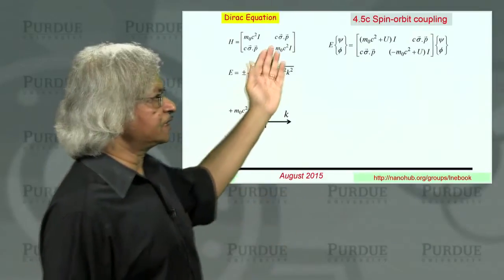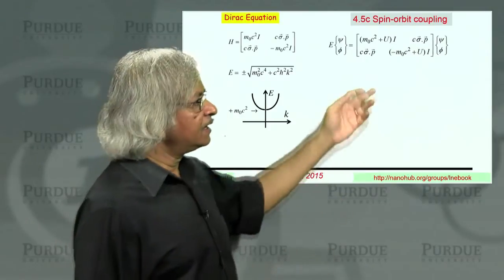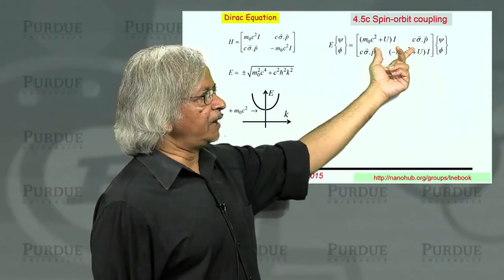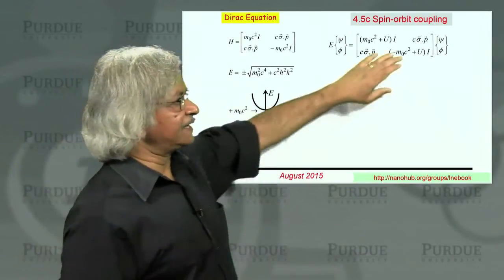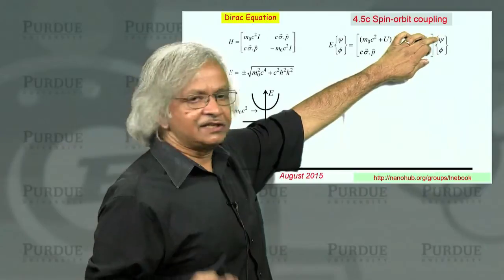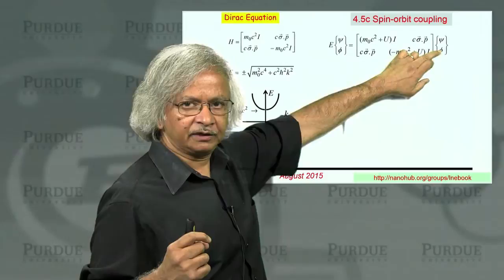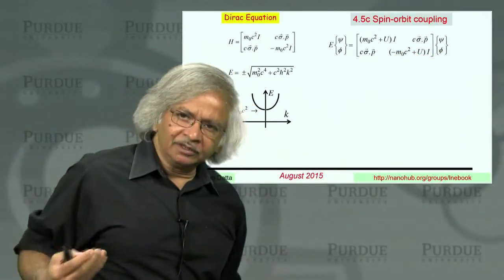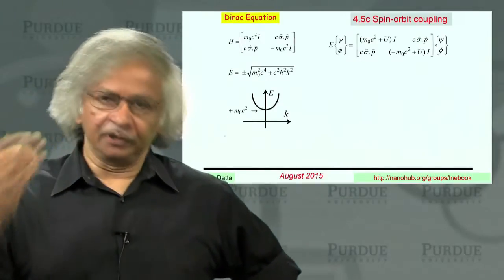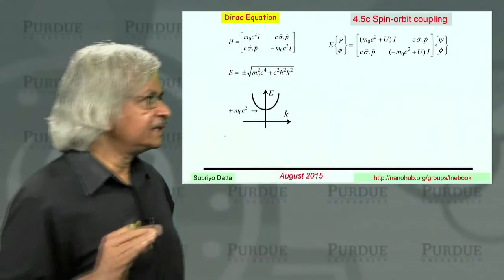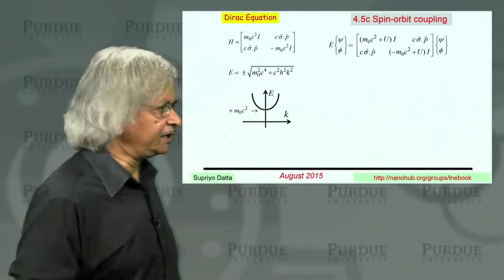Now, if you want to use the Dirac equation to describe systems, then you see you have a 4 by 4 matrix and you need a wave function with 4 components, which I've written as psi and phi. The psi itself is a 2 component quantity, phi itself is another 2 component quantity. Now, what we commonly use though is not a 4 component wave function, but a 2 component wave function. And that is this non-relativistic approximation that one makes. Let me explain the idea a little bit.